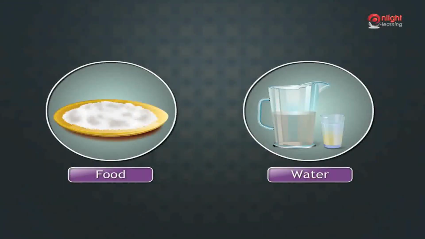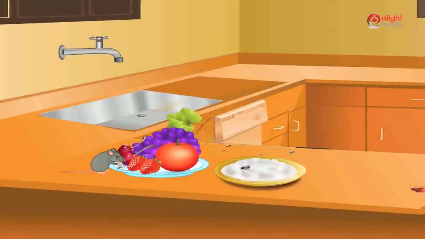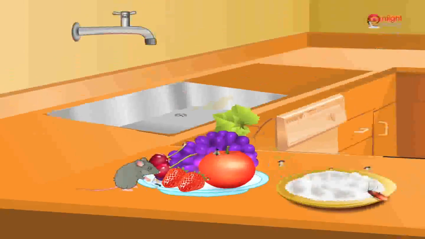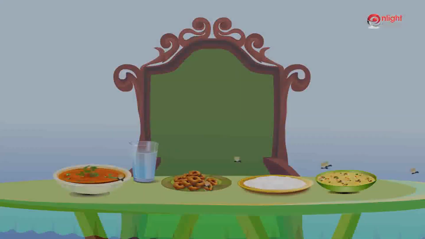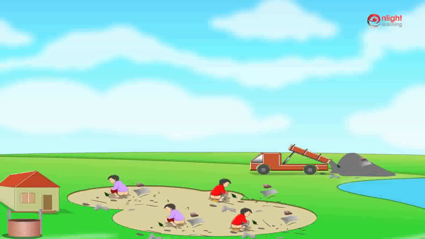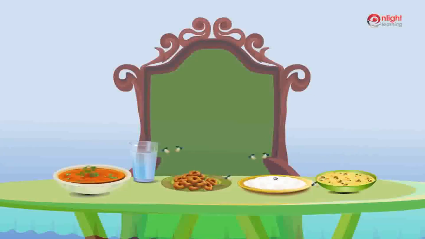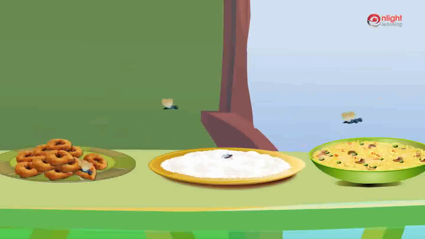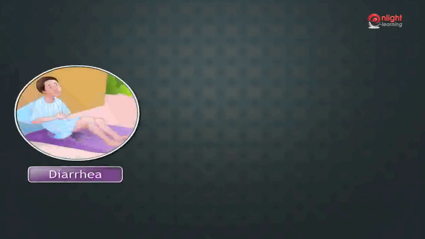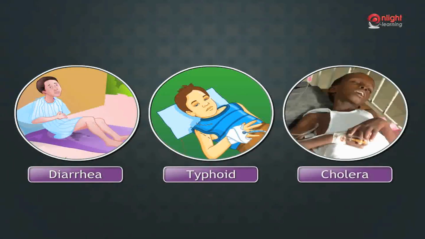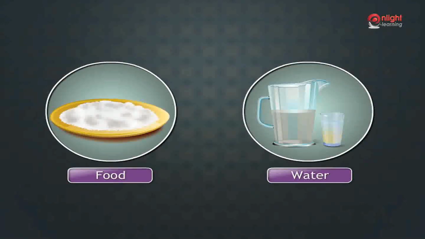Communicable diseases also spread through infected food and water. Food and water get infected by cockroaches, flies, rats and other small animals. Have you seen flies sit on uncovered food? Flies sit on the fecal matter or urine passed out by patients suffering from diseases. These flies sit on uncovered food and water and leave the disease-causing germs on them. When people eat and drink contaminated food and water, they get these diseases. Diseases like diarrhea, typhoid and cholera are spread through infected food and water.